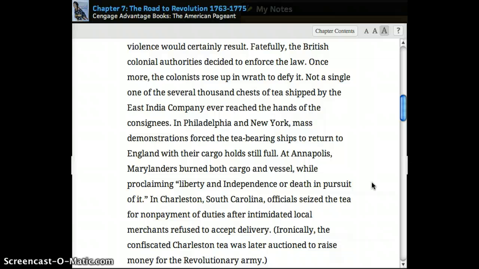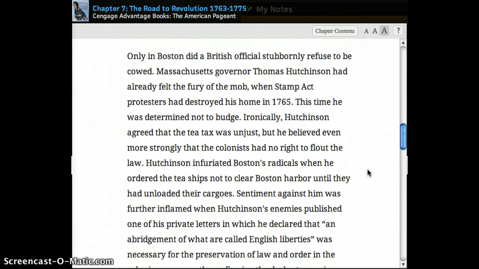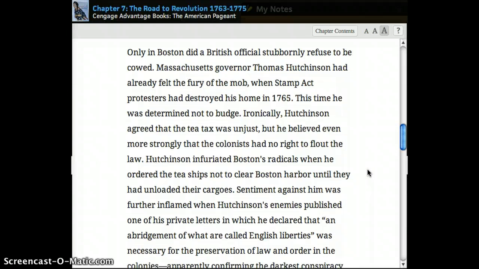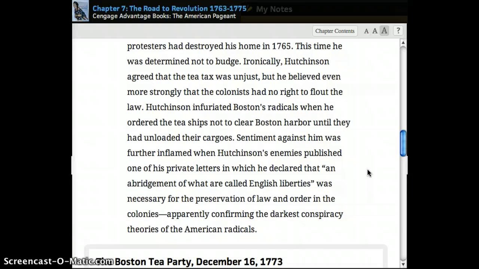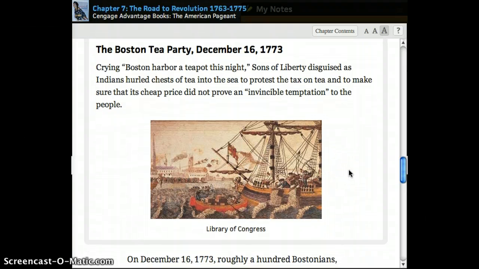So what happens is that eventually the British give the British East India Company a monopoly on the tea. That pushes the colonists to organize boycotts against the tea. They begin to actually stop the ships from landing in Maryland, in Pennsylvania, in Charleston, and in Boston. And Boston even becomes worse because we get this Tea Party right here that your book talks about, in which on December 16th, 1773, huge amounts of tea were symbolically thrown into Boston Harbor, and this was it.